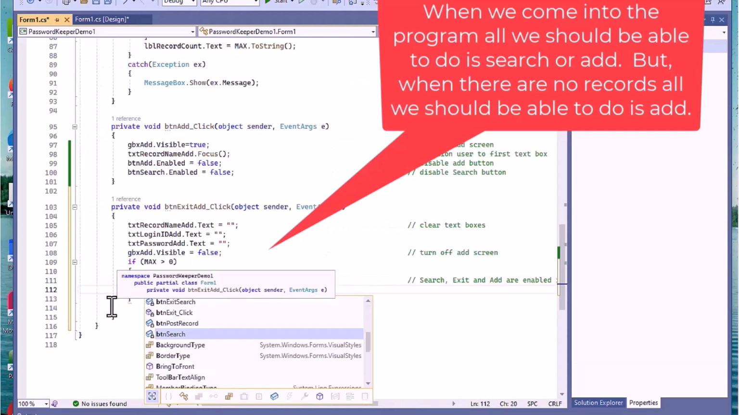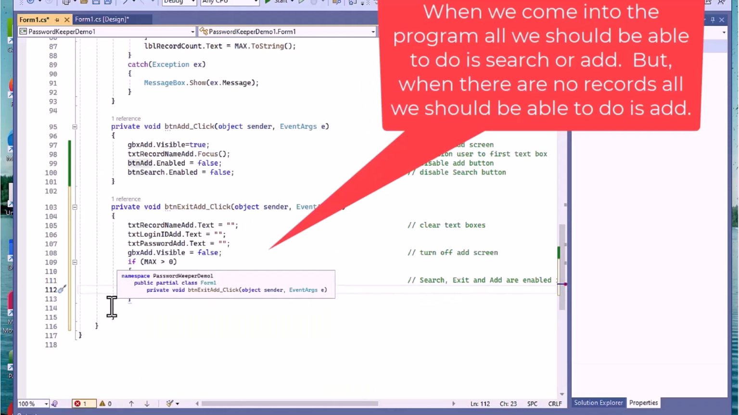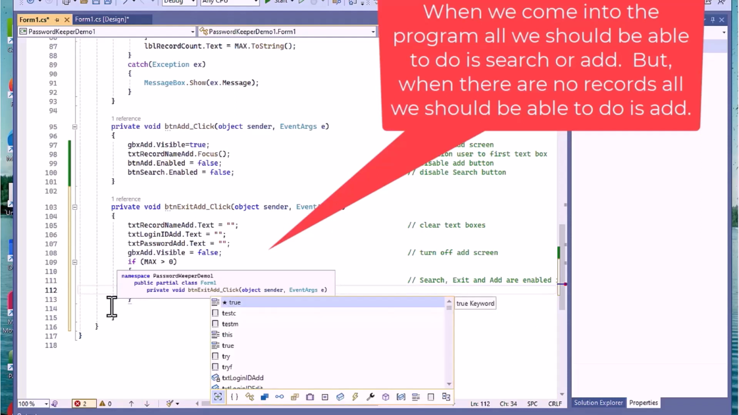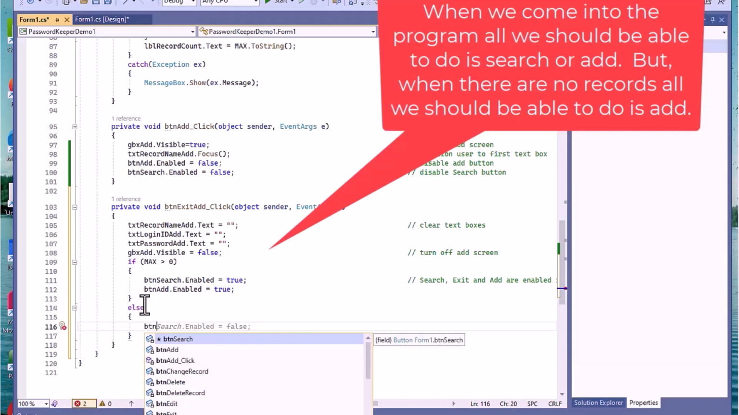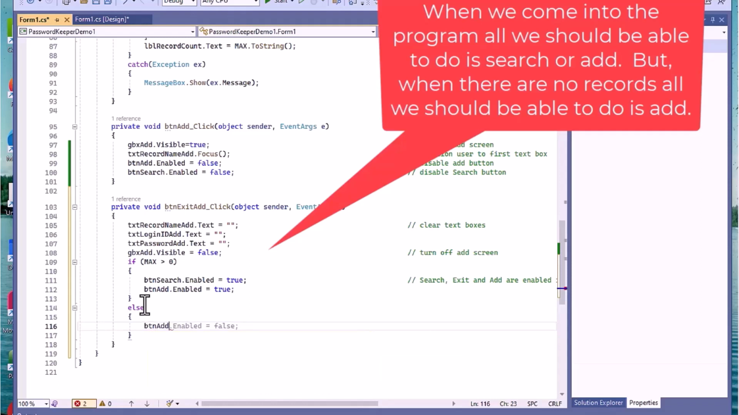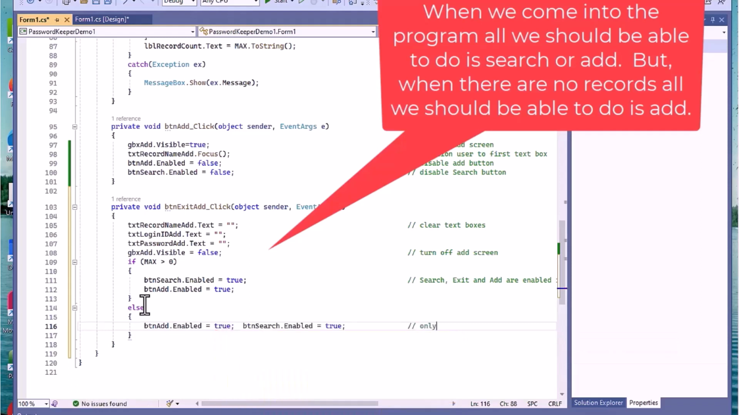That means btn add also will have to be in here. Btn add dot enabled is equal to true. And hit a semicolon there. That's fine. Now we're going to drop down here and say else. And in this case, btn add enabled is equal to true. Only add and exit are enabled